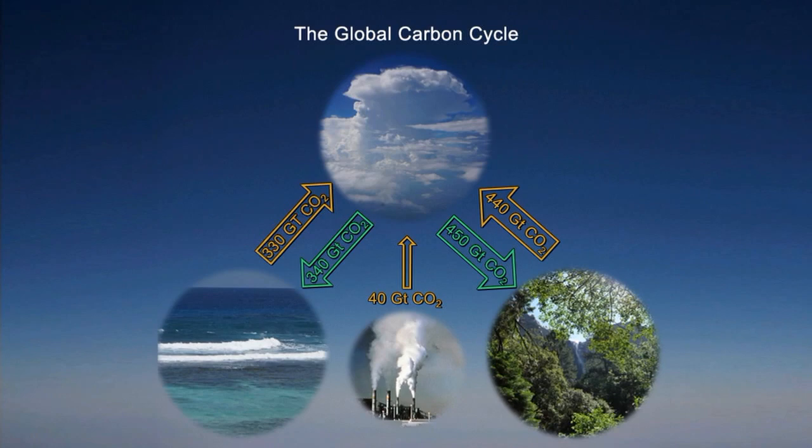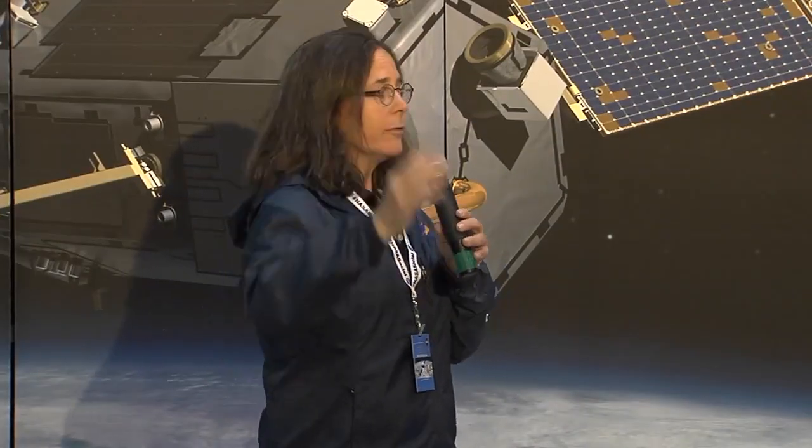So again, you see kind of a balance. You see, what is it, 440 gigatons of carbon going up, 450 coming down. So these things are in balance. But the little one in the bottom, that's you and me and the whole wide world that's burning stuff, digging up the coal, burning it. We put the fossil fuel CO2 up in the atmosphere, but there's no balance to that coming out. So we are changing the overall concentration in this system, and that's part of the big driver of climate change.